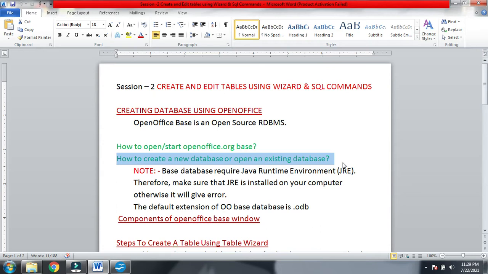Tables are actually the building blocks of a database. For example, your school's register has month-wise tables. So this register is actually a database and month-wise tables are tables. These tables combined together in the whole year create a database. So we will see how we can create a new database or open an existing database.